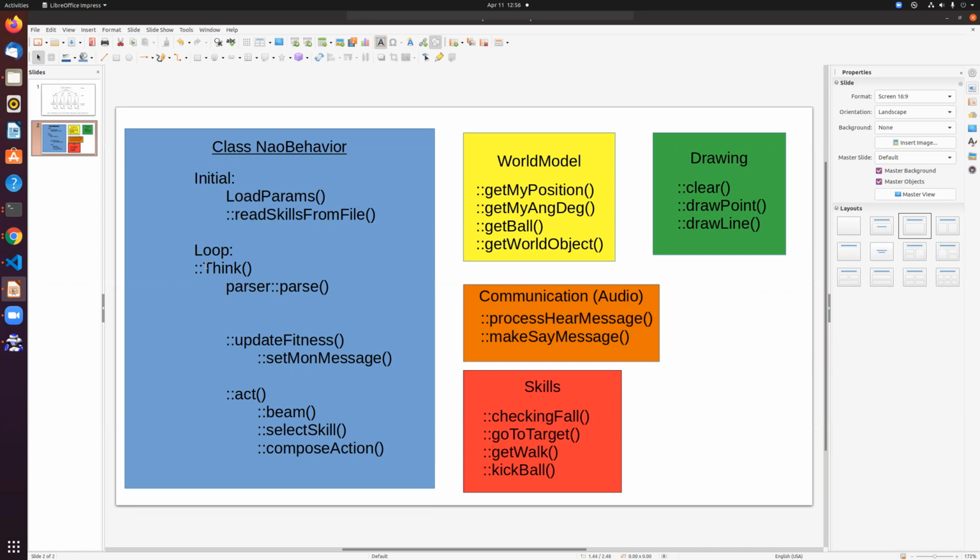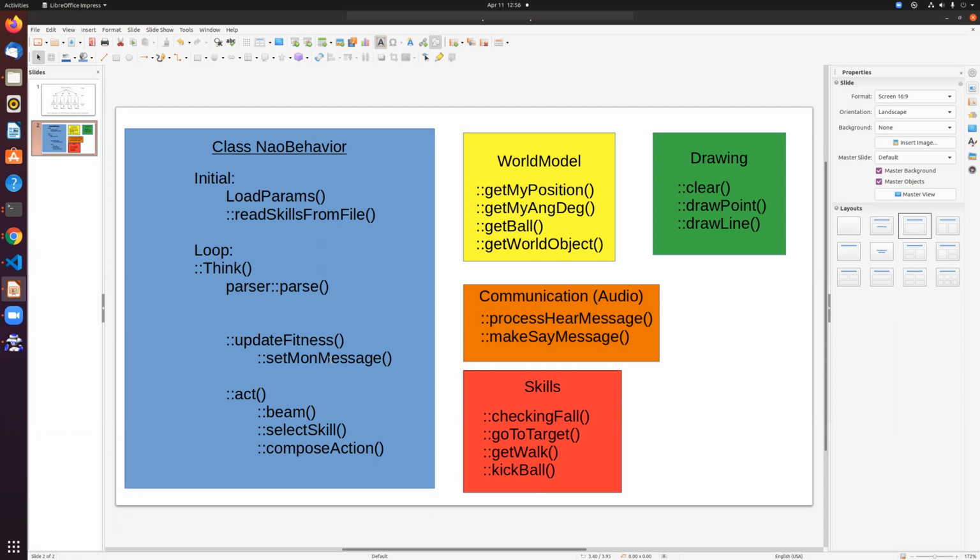At the very top level, we have this think method that we continually call and loop on. Within think, one of the first things it does is it has a parser and calls parse. That's getting all the information from the server and using it to populate the world model. Then every cycle it will also call update fitness. Update fitness is just a no-op. It's not used for normal game behaviors, but for things like optimization agents, that's where it's evaluating the state of the world to think how well an agent's doing at some task,